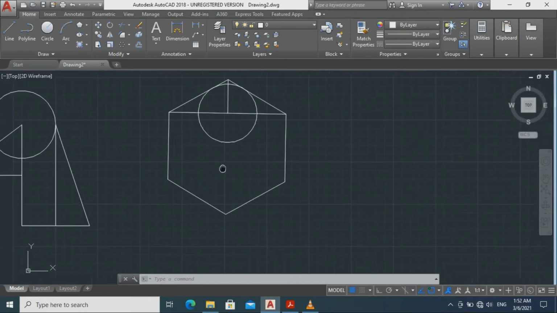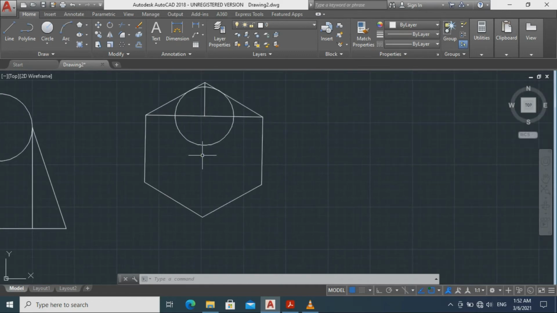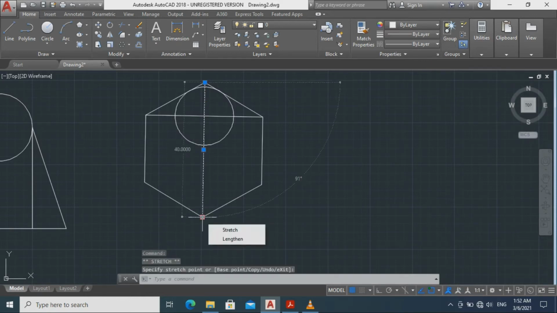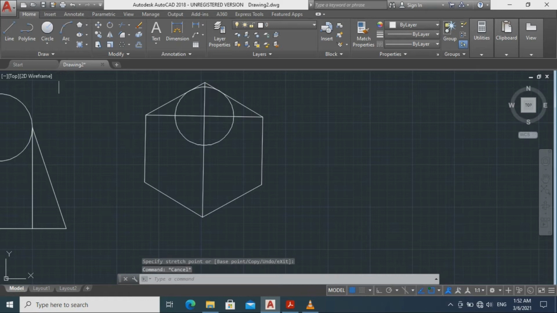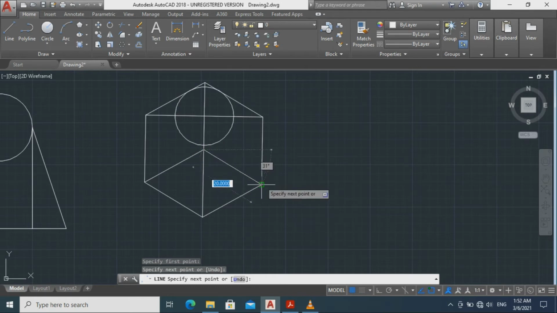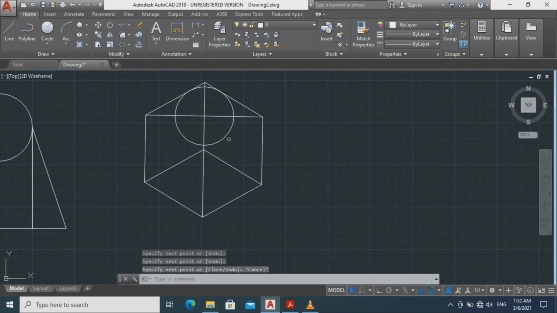To draw the other two circles at this point, we're going to extend this line to this point. We're going to escape. Then we're going to draw a line from here to the midpoint, then another line from the midpoint to here. Okay, escape. Then we're going to copy this circle